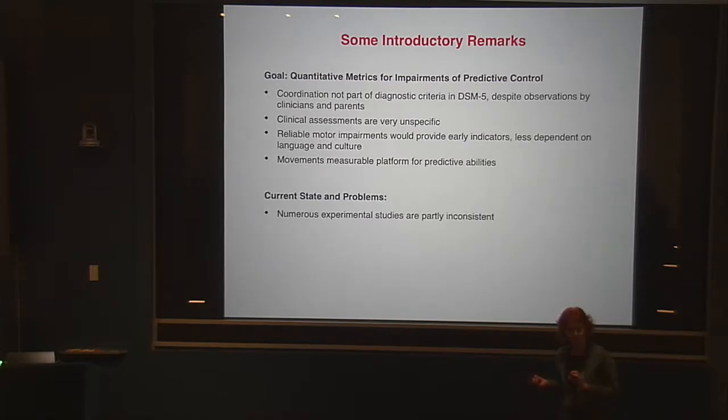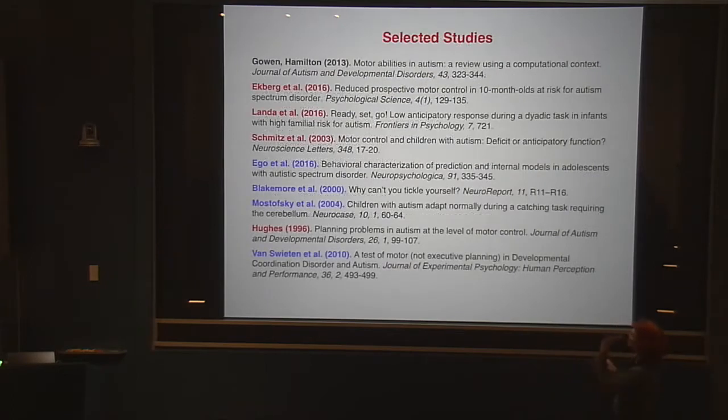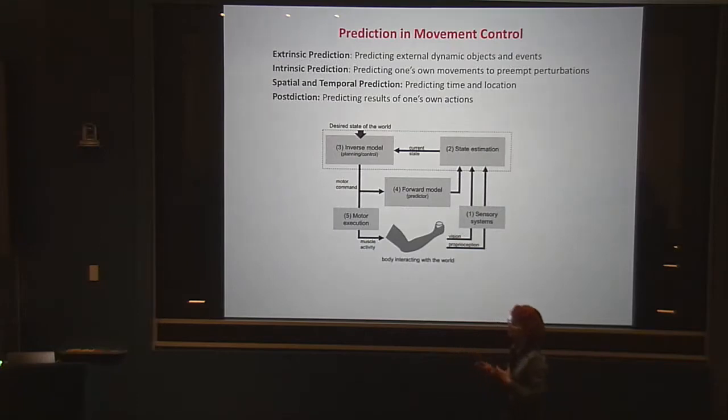And lastly, movement, as Pawan already presented, is a very good test bed for assessing the hypothesis of predictive impairment. There is already a fair number of studies that have looked into prospective control and anticipation, and I just want to quickly flash a list of these, where the only thing I want to point out is, yes, there are quite a few. The red ones show evidence in favor of predictive impairment, and the blue ones show evidence against it, or rather no evidence in favor. So the literature is mixed, but prediction has been in the discussion in motor behavior.